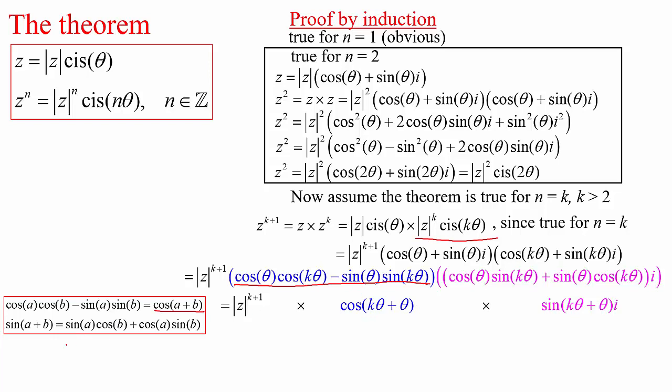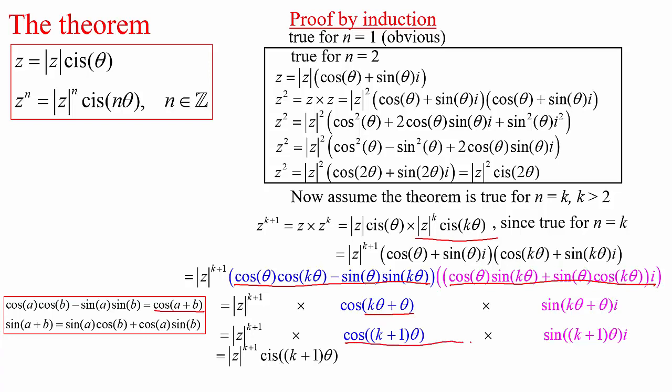Similarly, the second trigonometric expression, sine A plus B, I can replace with sine k theta plus theta. And just to make things a little easier to work with, factorising k theta plus theta by taking out a factor of theta, it looks like that, and the same thing over here. Cos theta k plus 1 theta times sine theta k plus 1 theta, we abbreviate as cis k plus 1